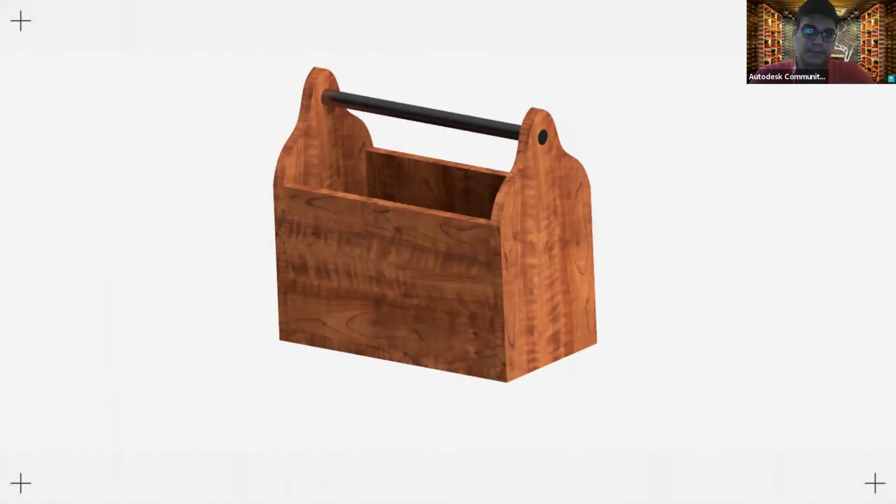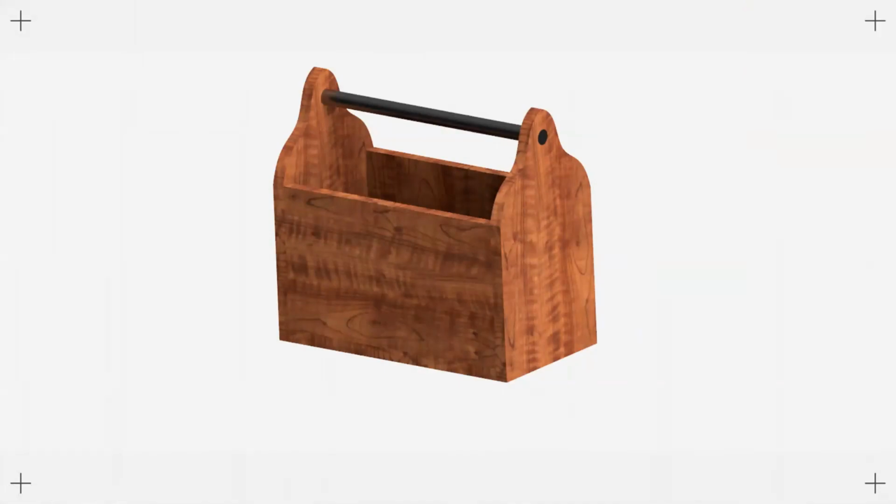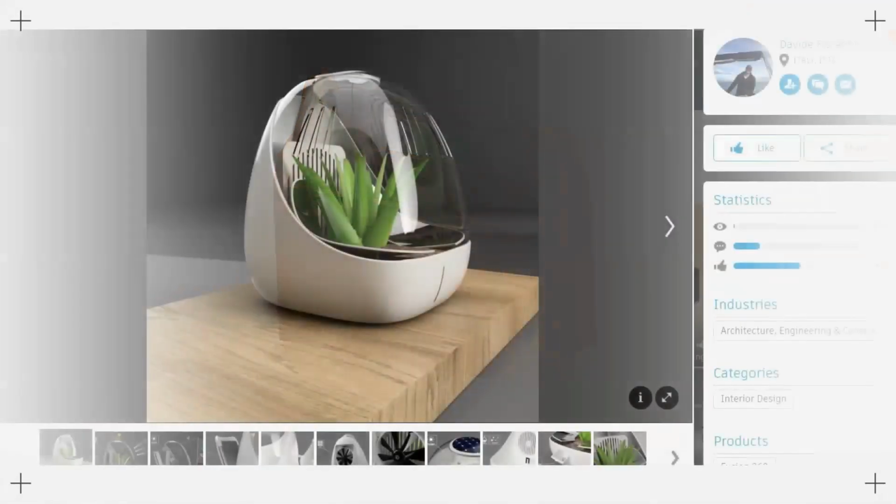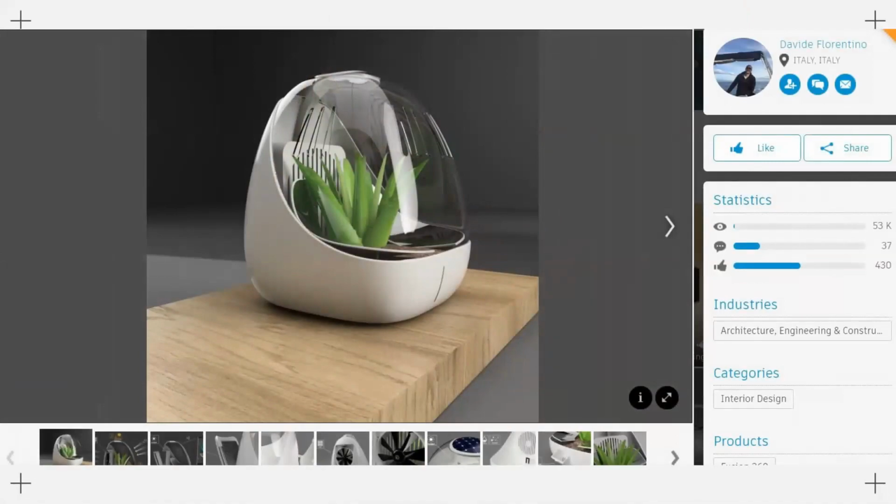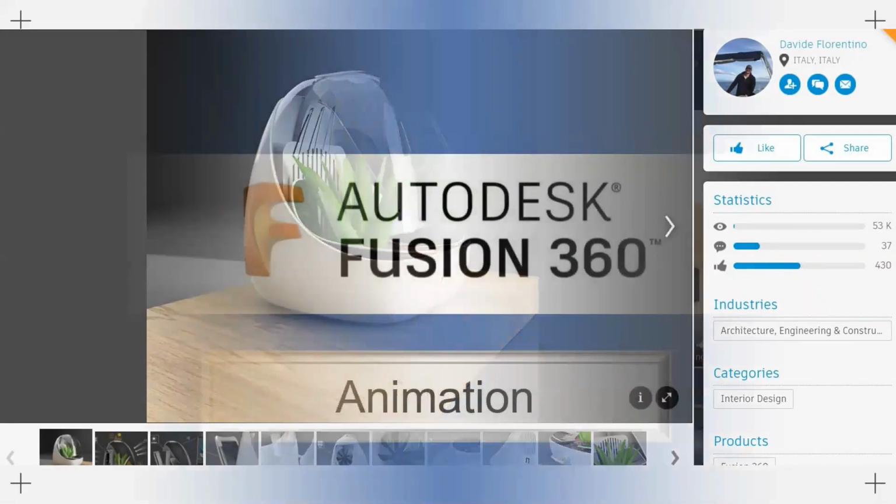He has made this look something like a real wooden one. But let me tell you, the render workspace in Fusion 360 is a very strong one, which many students actually love, because you can create very photorealistic images, something like this, which I have taken from the Autodesk gallery. That is a place where you can get inspired, as there are very good renderings available. Here you can see it just looks like a photograph. So you can use the render space to render it.